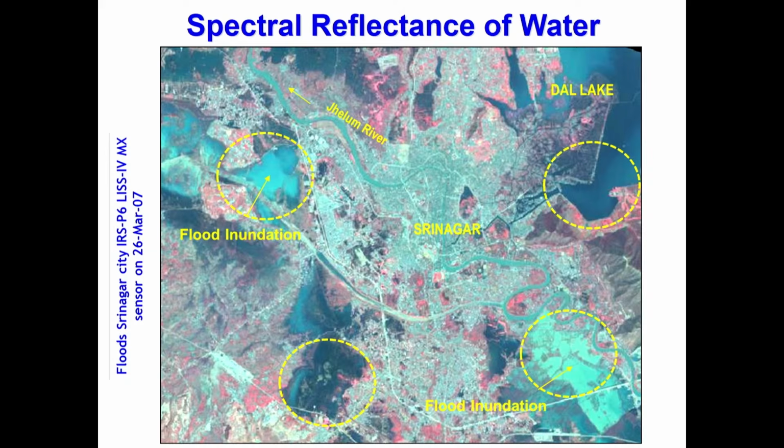If you see on the right top, the water is very dark bluish in nature. That means it is calm water, deep water. If you come down to the right side circle, you have a very greenish tone appearing, so that is a fresh wave of flood. A lot of sediments are in an agitated form, and that is why this represents a fresh flood happening. And if you go to the left side top circle, you are able to see some bluish and greenish tone, which shows that it is a relatively older flooding, and the water is trying to settle down, but the presence of water is there.